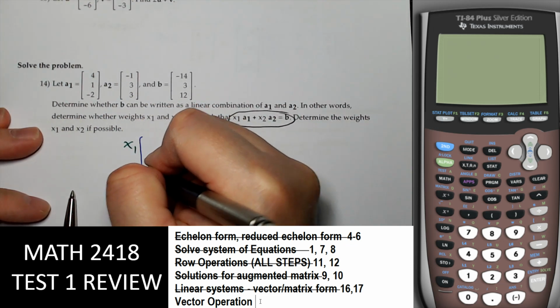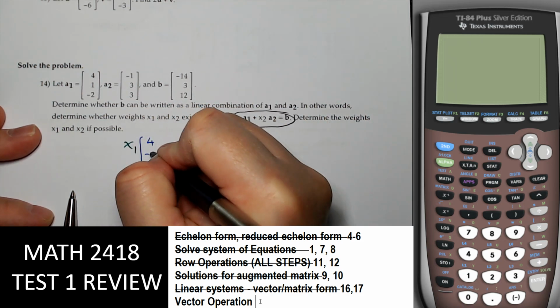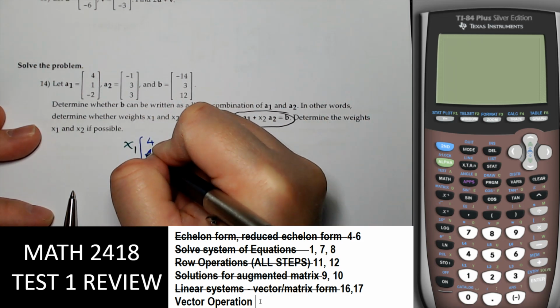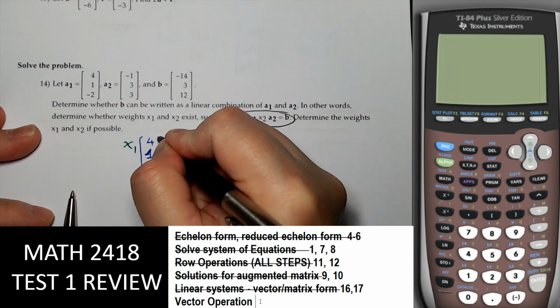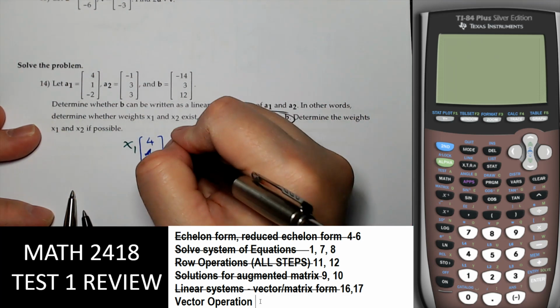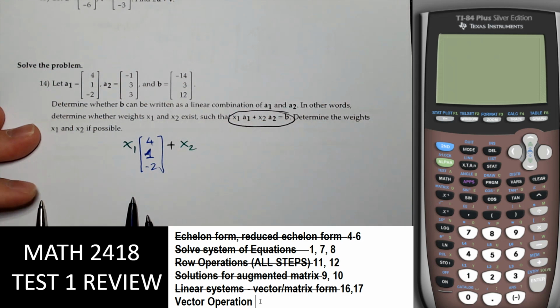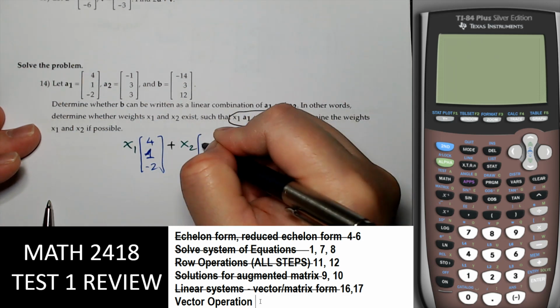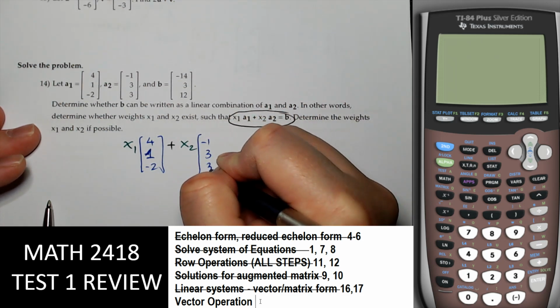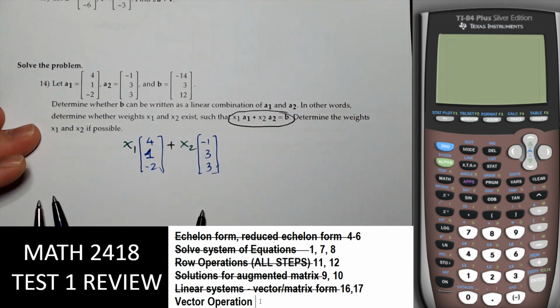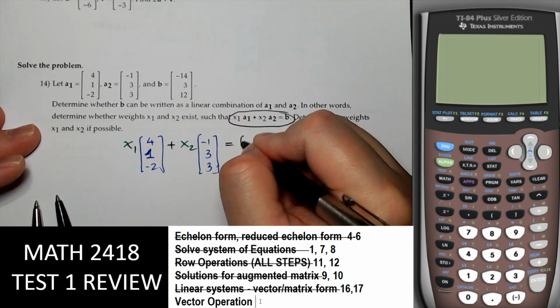coefficient for +1, -2, plus x2 matrix on the vector equal to